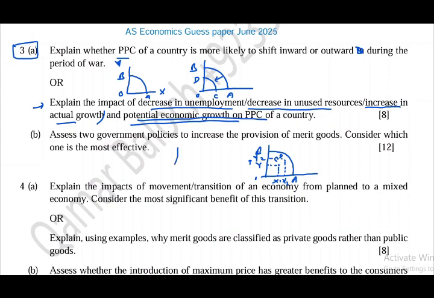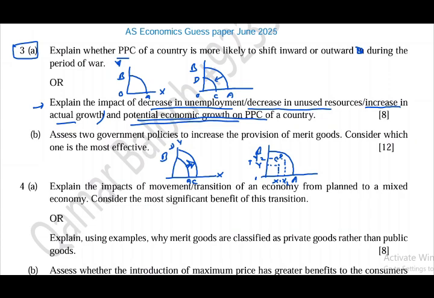And the PPC can be used to show potential economic growth as well. For potential economic growth, you can say that it is achieved when there is an increase in quantity or quality of resources, or both as well. So potential economic growth with the PPC is shown by a rightward shift in the PPC diagram. For example, it was initially AB, now it may shift to CD, and again this is X good and on Y we have Y good. So you can show it like this.